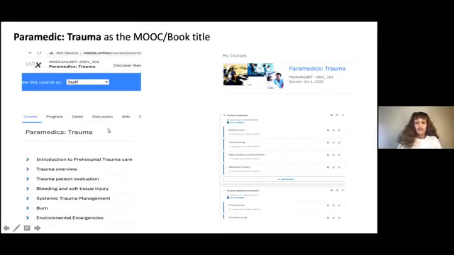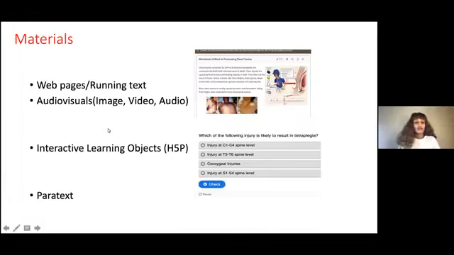We are working very well, and through compiling these course materials, we use different text types, and we call them materials. The first one is web page. Those are the running texts. That means they are simply written texts. We wrote those texts in the HTML editor as a text editor, and they can be put as simple text like this.